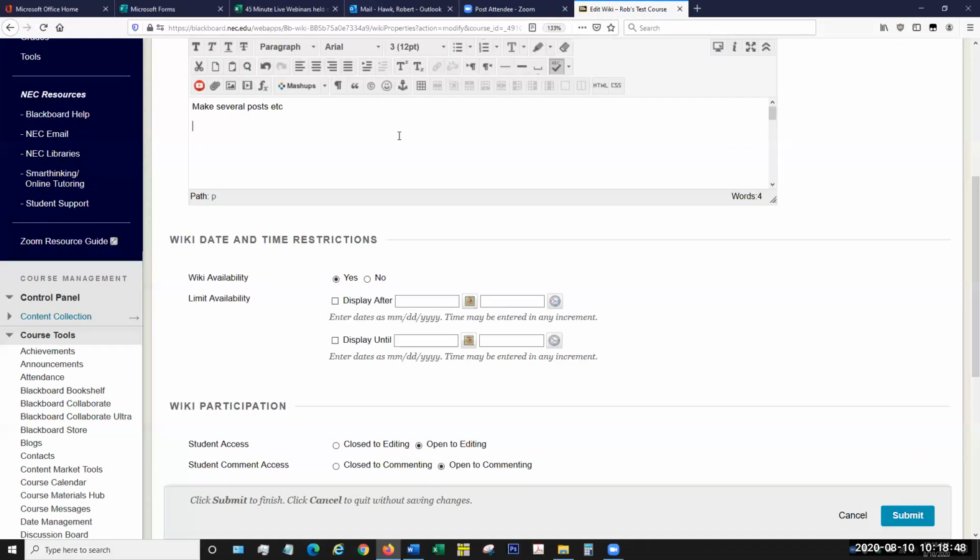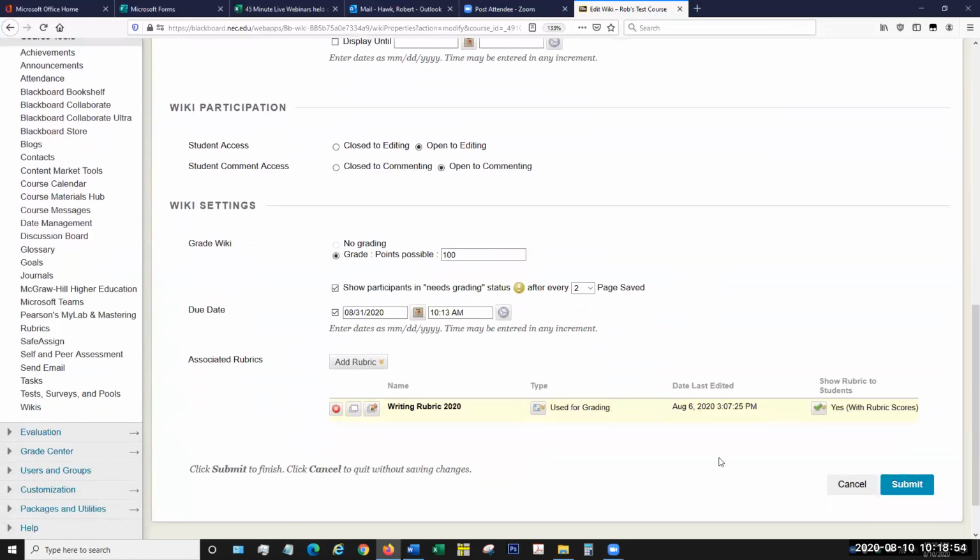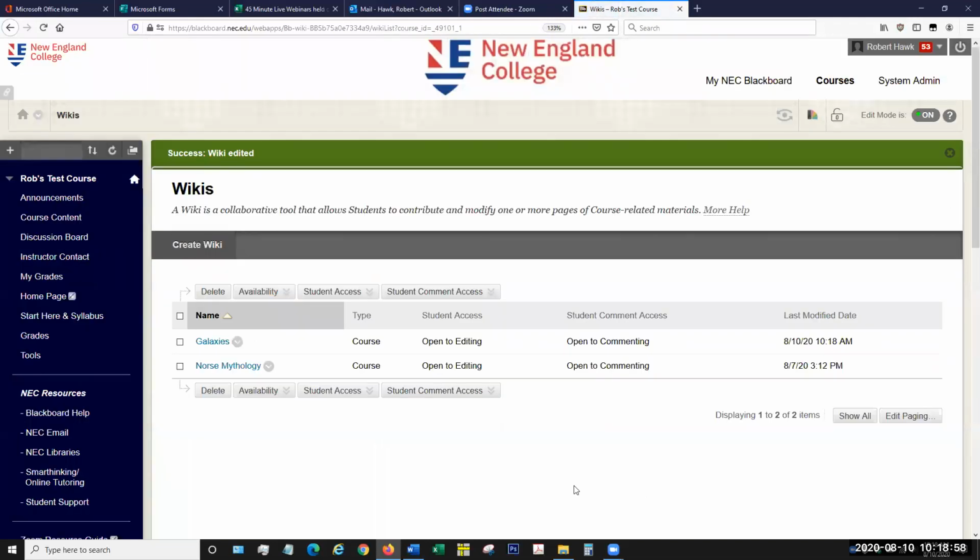Maybe I'm going to update the instructions. And once you finish making your changes, you can go ahead and submit them, and all the changes will be applied. And also from that menu, you can directly delete a wiki. Again, make sure that if you're going to delete it, you're not deleting something that's already had student grades applied to it. So that's sort of the